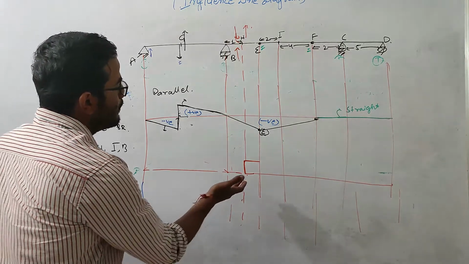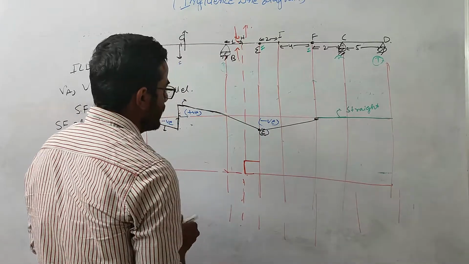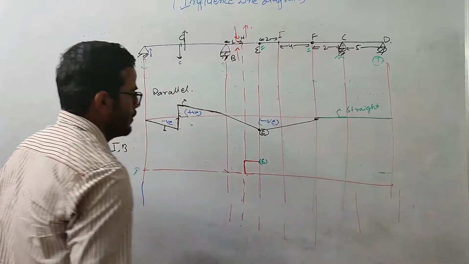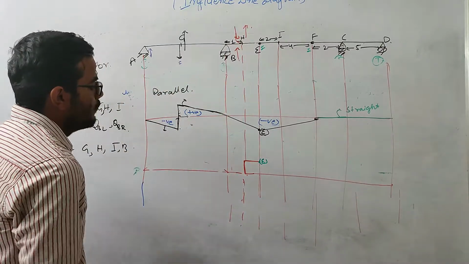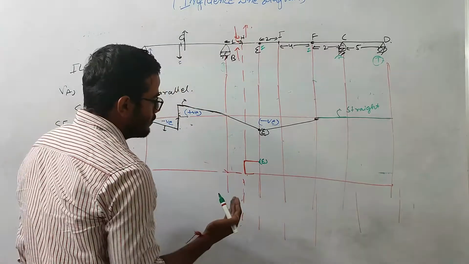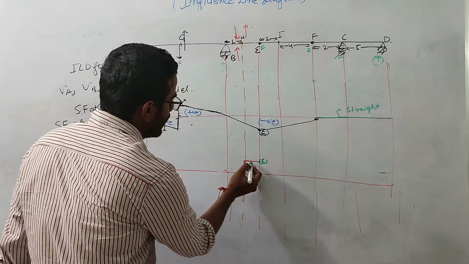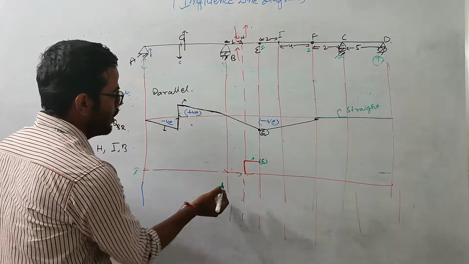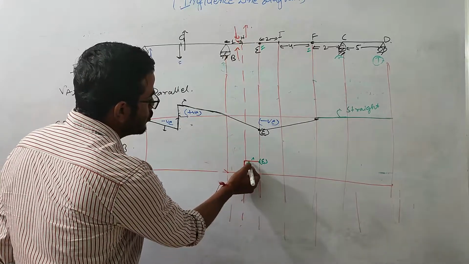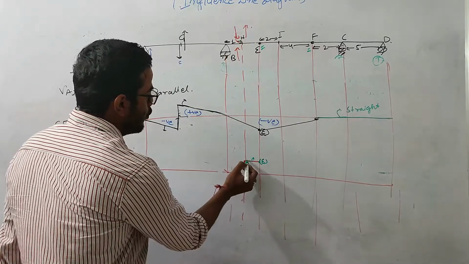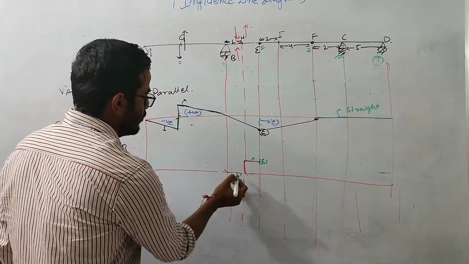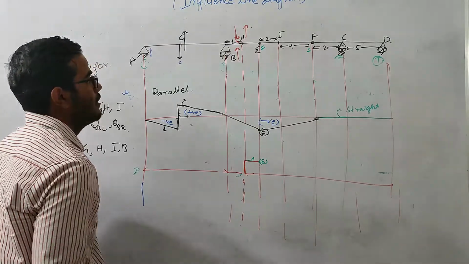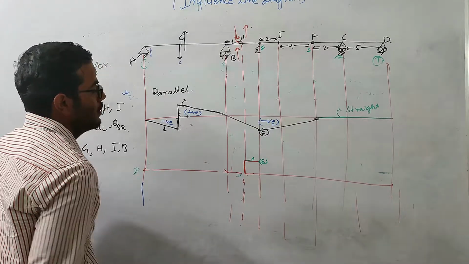And when I'm moving this thing up, this is point E. And why this straight line? Because we need to maintain the slope over here. The slope at this point should be equal to the slope at this point. This point will not move because it is constrained by these two supports. So it will be a straight line. Similarly, the slope at these two points should be the same. So that's why there is some horizontal line. So this beam will deflect upward, as per the boundary condition.